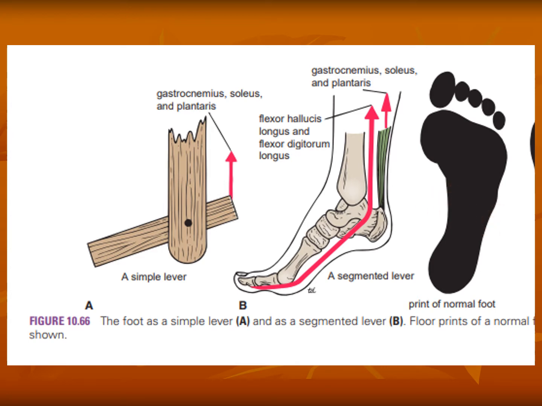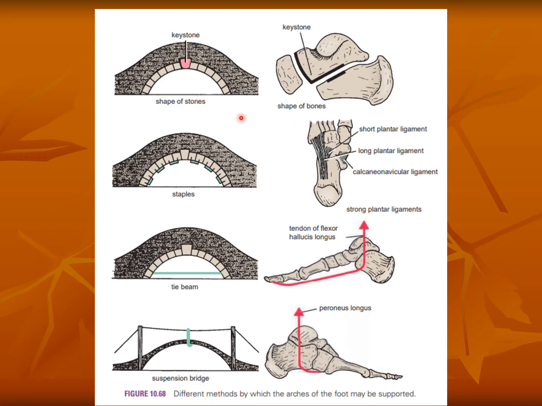So now we will move to the other portion which is showing us the mechanism of stabilization as well as the attachment of different structures of each individual arch. So the factors which are responsible: the shape of the bones, which act as keystones. In every arch there is a keystone, which means the shape of the bone is one of the stabilizing factors to some extent. That is number one.